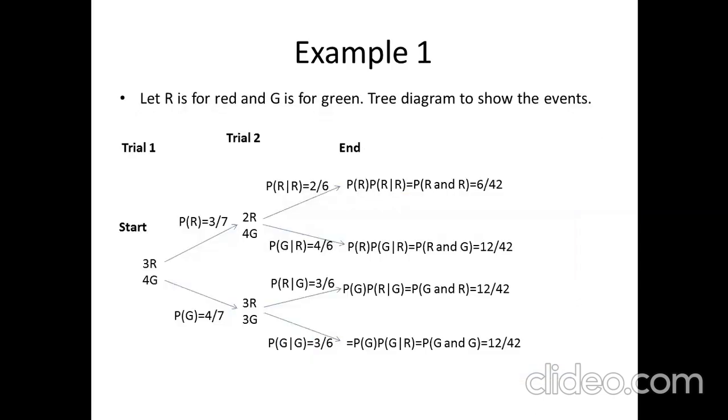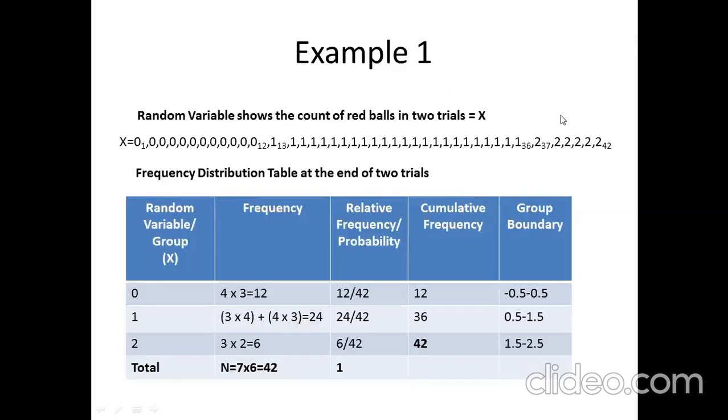Now the last value, or the highest value that we can have of X, is 2. That indicates that in both the trials the red ball was drawn. And the frequency that we can have of it is 3 into 2, that is 6, which basically means that there would be 6 twos present after the ones have been completed. So from the 37th location till the 42nd location we will have the 6 twos, and this completes our data set X, as can be seen over here.